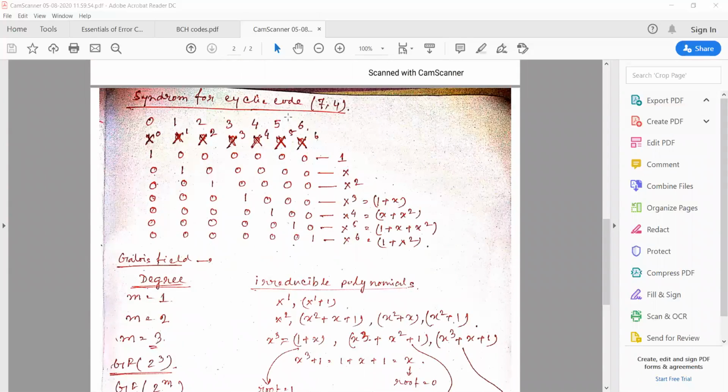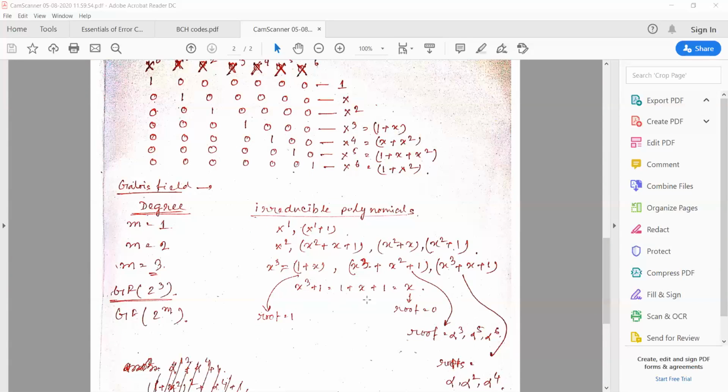So first of all, the syndrome of the cyclic code and the Galois field and the roots of these polynomial equations. And now we will tell you what is the significance of the roots of the generator polynomials, because this is also a polynomial equation, in case of error correcting and detecting purposes.